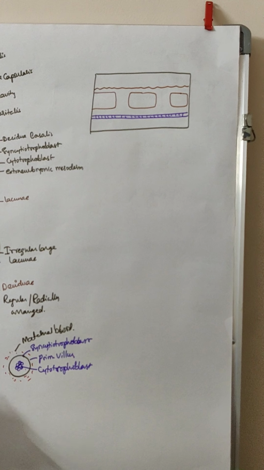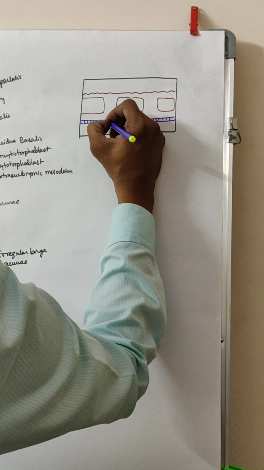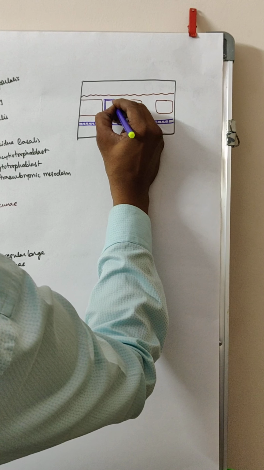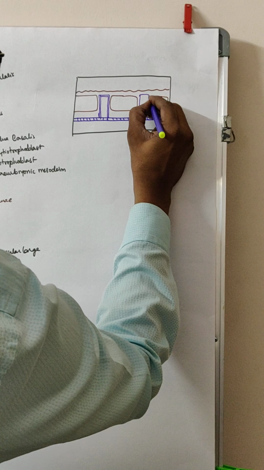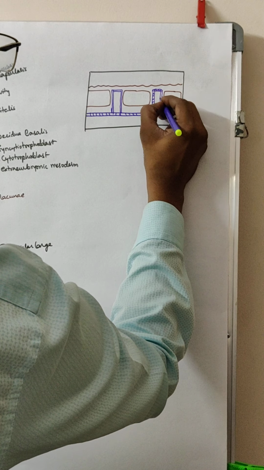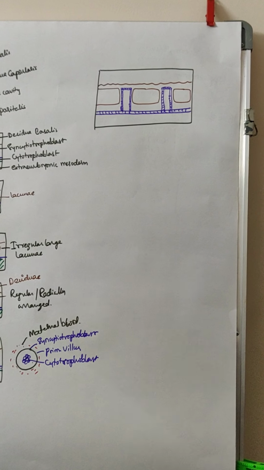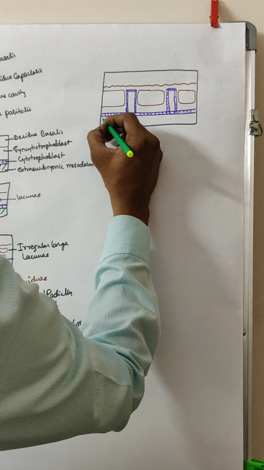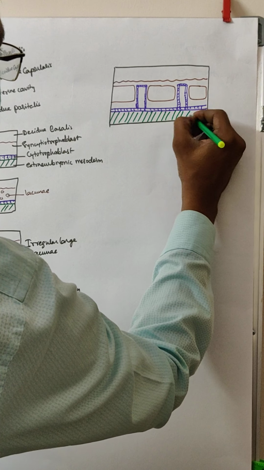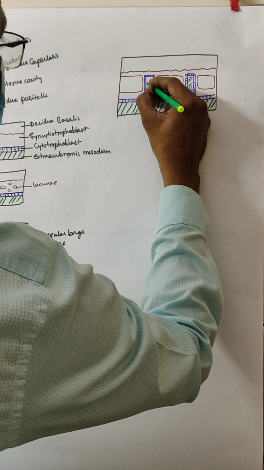What happens is that initially the cytotrophoblast, which is growing in between these two lacunae, will now form a structure like this. So this villus is now called the secondary villus. What is the difference between the primary villus and the secondary villus? Initially the extraembryonic mesenchyme layer was seen only at the base level, and now it will start entering into this gap within the villus.